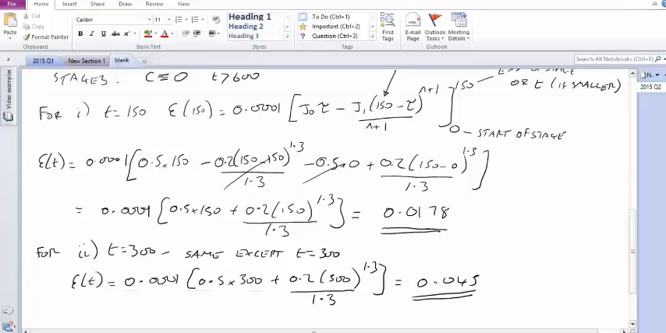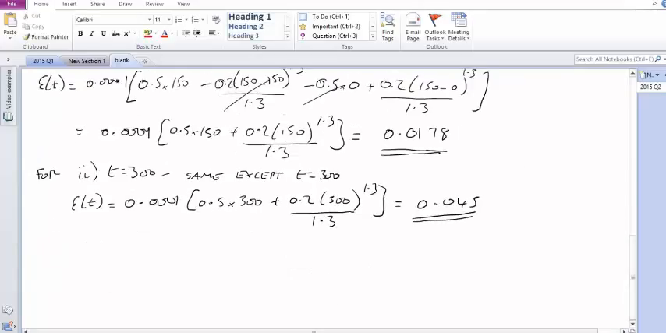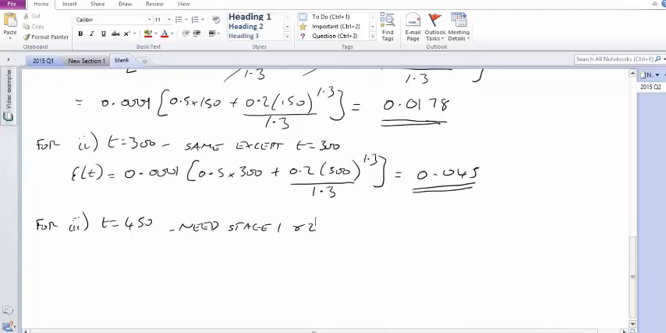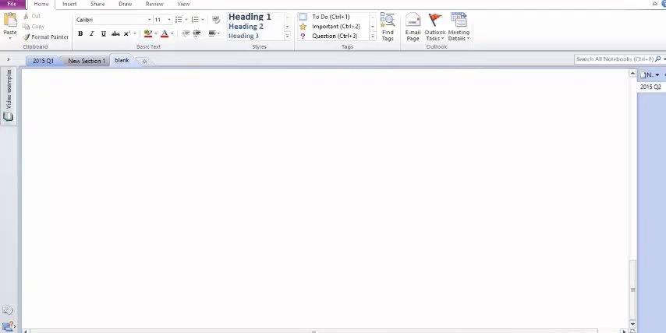Okay, the third part then gets a bit more complicated because we need both stages. So let's go through this in bits. So now T is 450, so we now need stage 1 and 2. So what we have in this case, let's get a bit more space. What we have now is that the strain